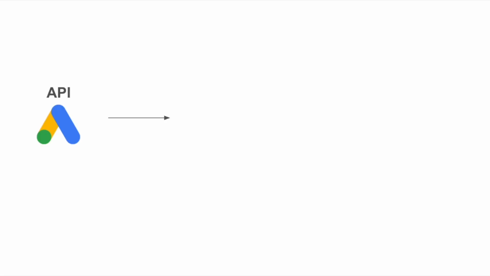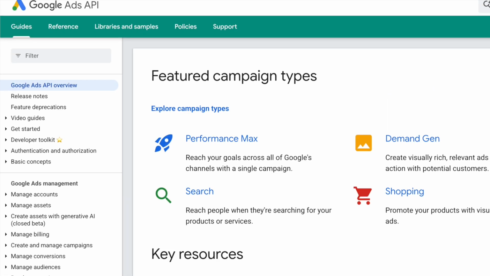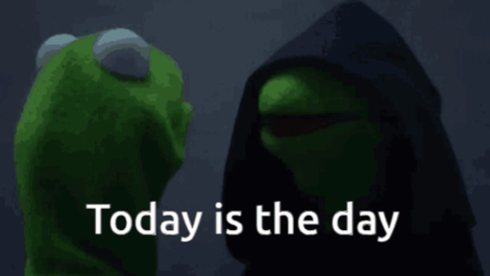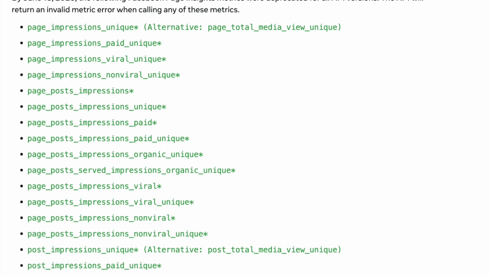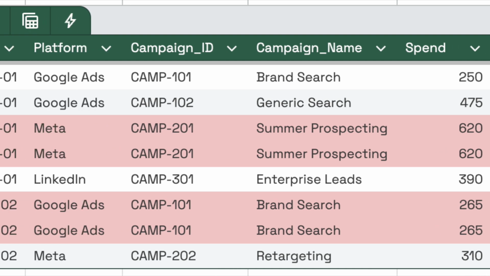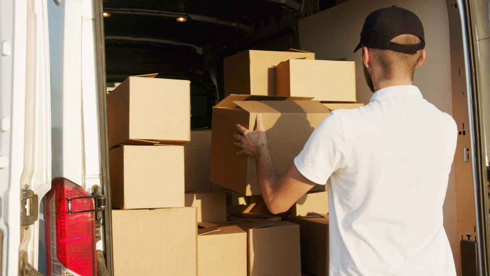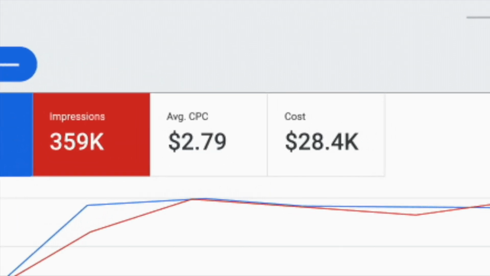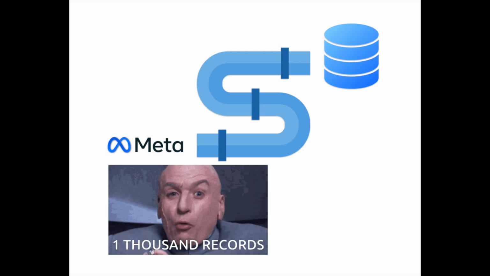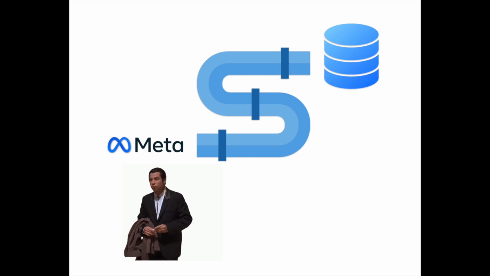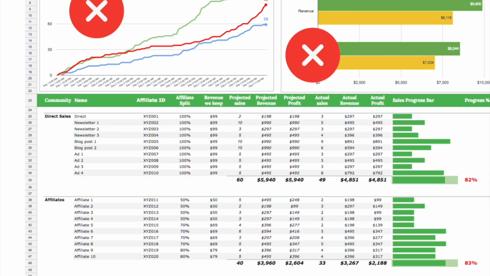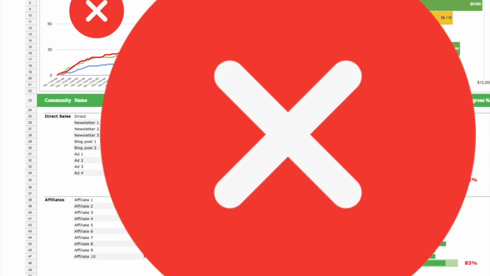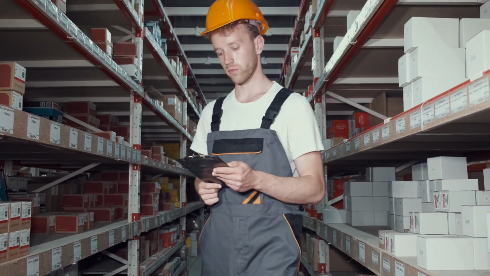The first place to test the data is when it arrives from your marketing platform, whether that's via API or export files. Did today's data arrive? Are any important fields missing? Have the same campaigns or conversions arrived twice? Did we receive roughly the amount of data we normally expect? And does the total spend resemble what the platform itself is reporting? Imagine your metadata normally contains thousands of records every day, and one day only a couple records arrive. The connection still worked and the report can still refresh. But unless something checks the bad data, our dashboards are just presenting the bad data. So test the data when it arrives so we can catch the problem before it spreads into our data models